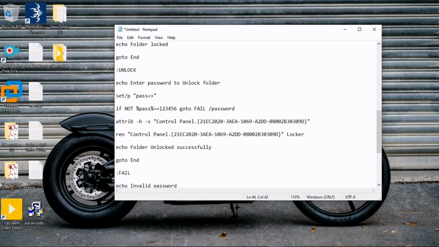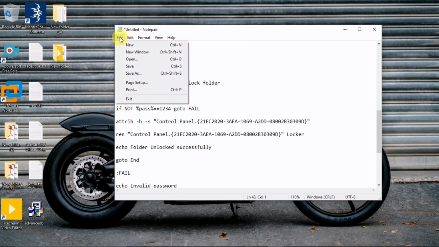You just have to change the password to 12345 or any number. If you want to enter a string, you have to enter the string in double quotation marks because it's a string. At this time, I'm only entering a number.